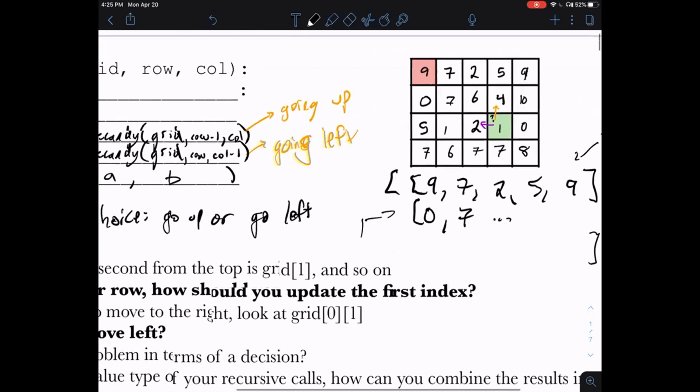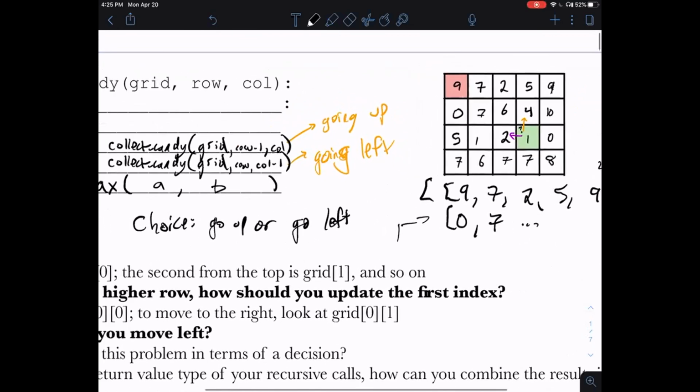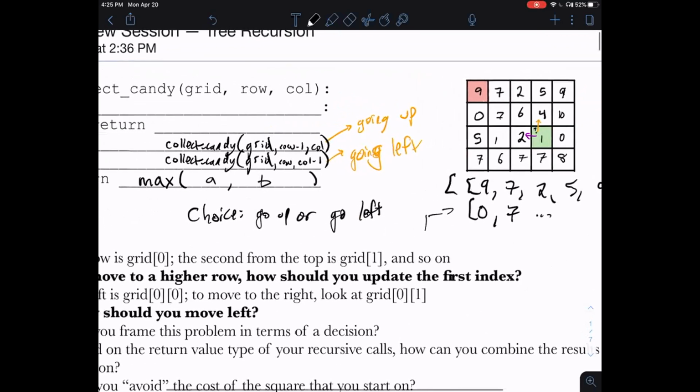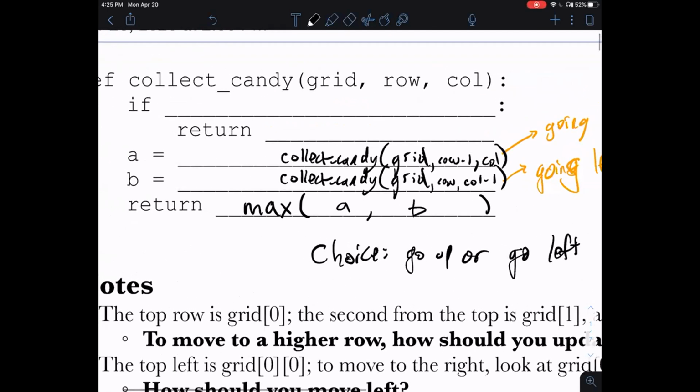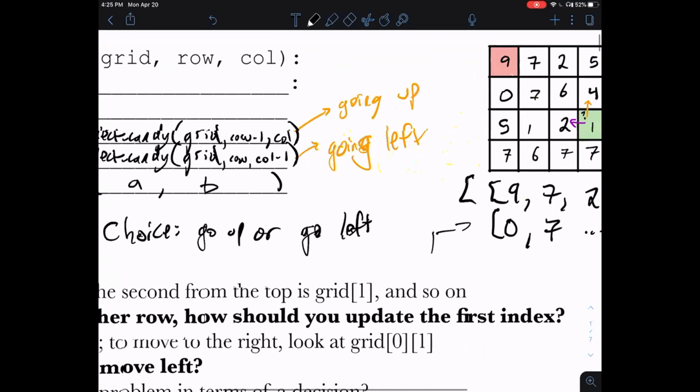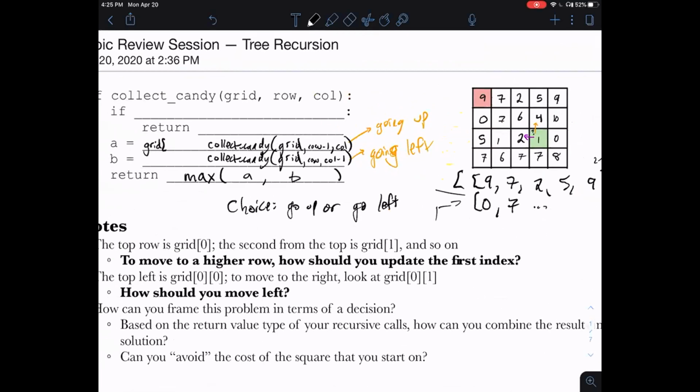There's one thing I haven't counted yet, right? Which square haven't I counted in these recursive calls? The current square. The current square, very good. So to index into the current square, we ask for the grid. And then if we want to get which list we're looking at, that's which row. And then we select the column number. And then that will give us